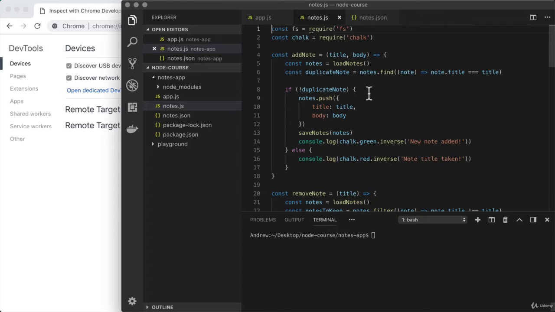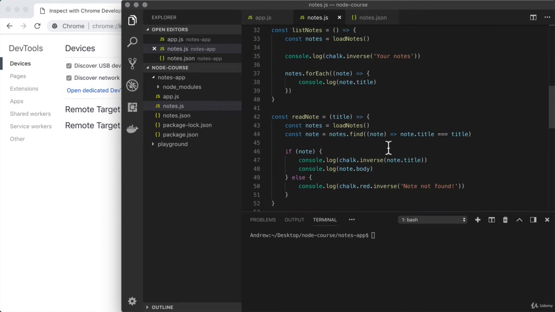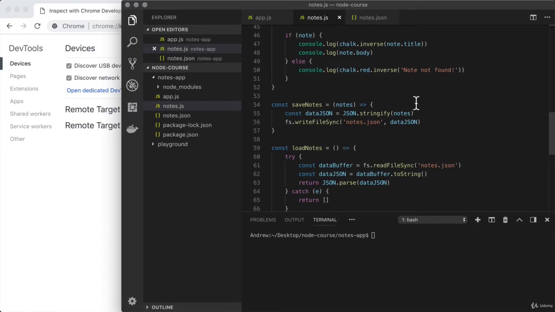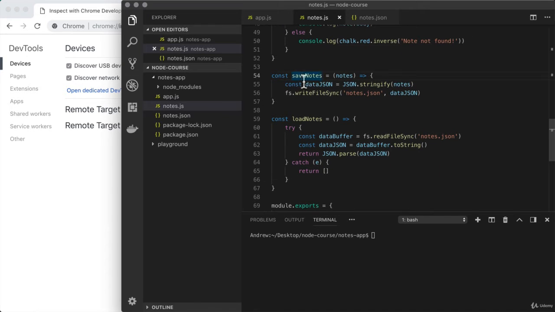So down below, we're going to take our working app and break it by making a change that's going to cause an error to show up. To do this, I'm going to change the code in Save Notes. Right here, we create a data.json variable, and then we reference it, writing its content to a file. All I'm going to do is change the uppercase s to a lowercase 1. That's going to cause the script to crash, as we're trying to reference a variable that's never been defined.